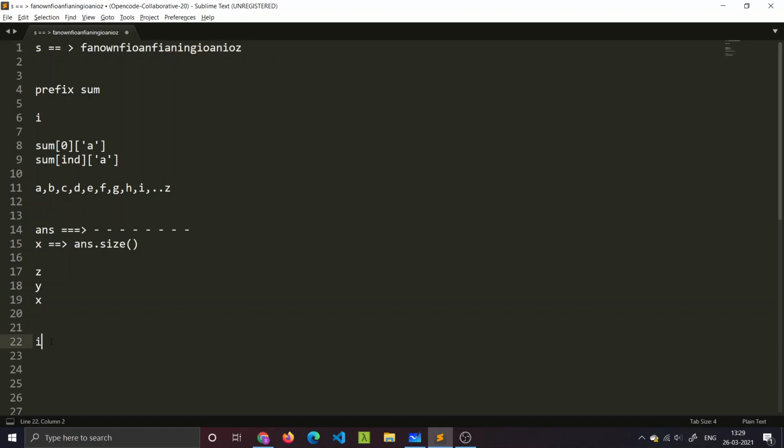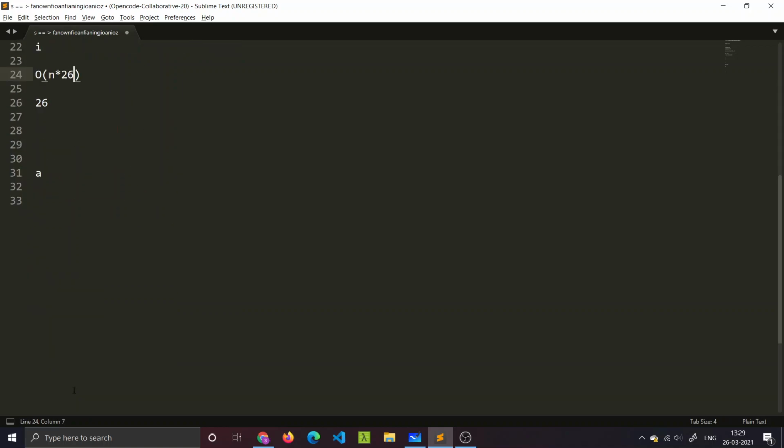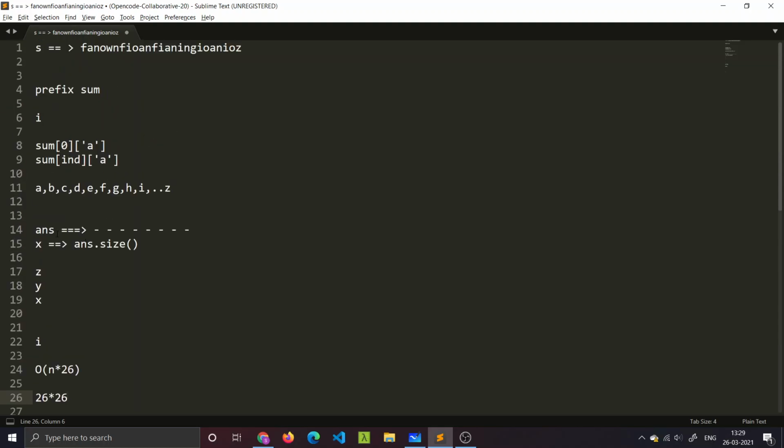Each of these operations, the checking part, would take us 26 steps after pre-calculating this prefix sum, and calculating the prefix sum would be in the order of big O of n into 26. So the checking part for each and every query would take us 26 operations, and I need to make sure that this operation goes for each and every character, and I have to continue this till the length of the answer.